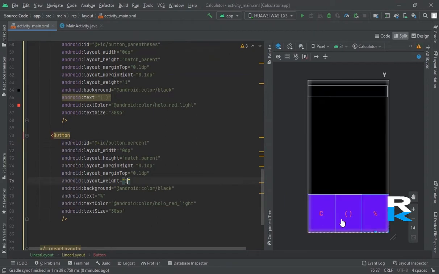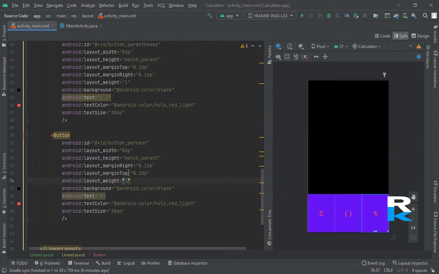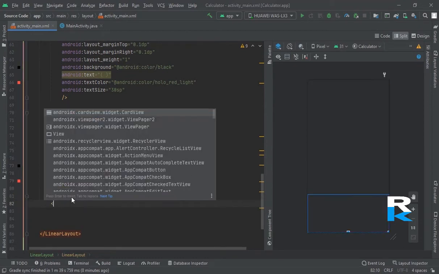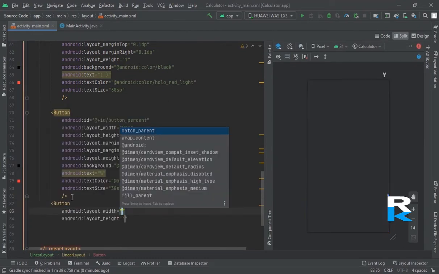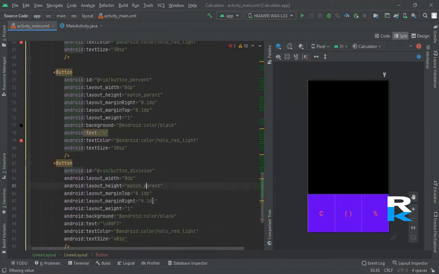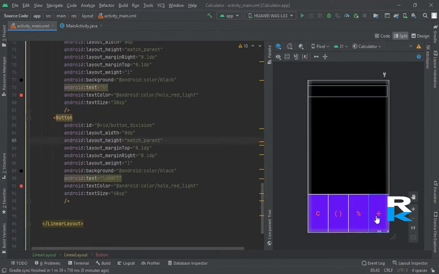Look here, it is a percentage button. Now the next button would be for the divide button. Fine. Button. Look here, the divide button.